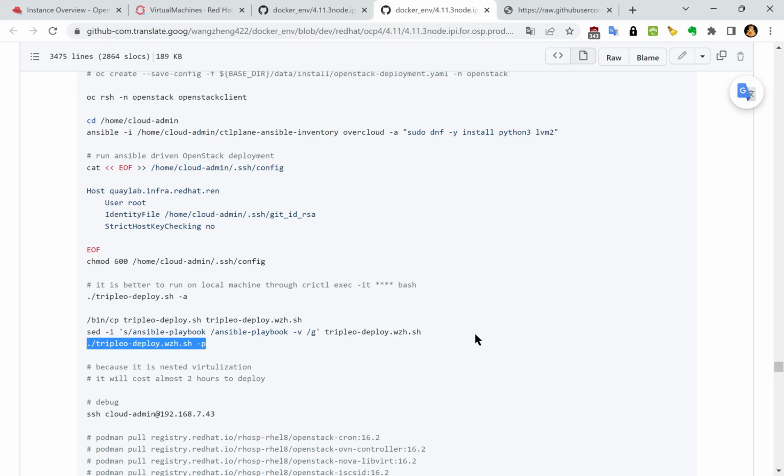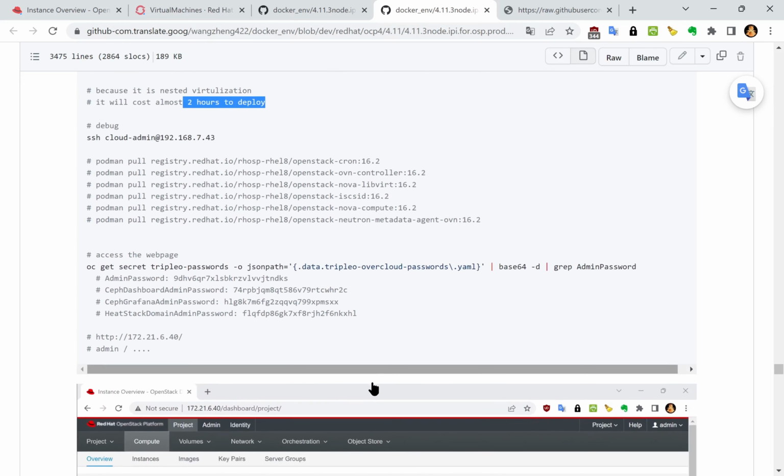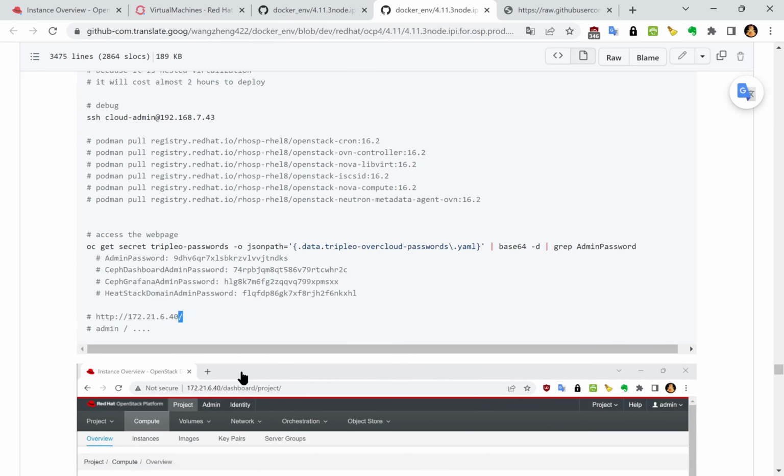Then we run this Ansible deploy. It will deploy OpenStack on the controller and on the compute node. Because we are using nested virtualization, the system is very slow and it will take over 2 hours to deploy successfully. After that, we can get access